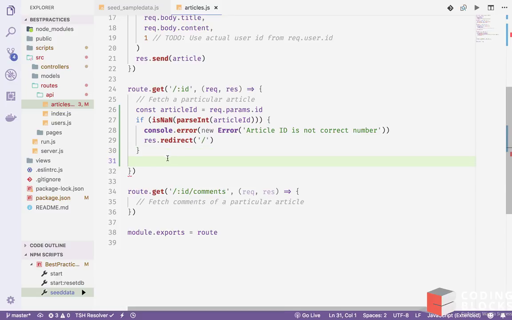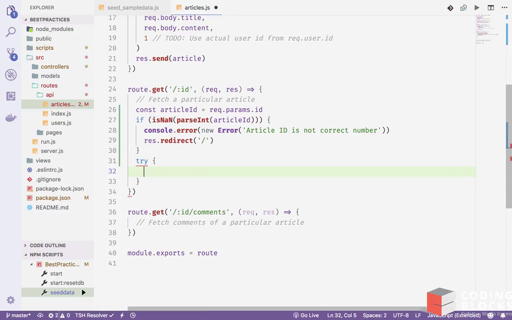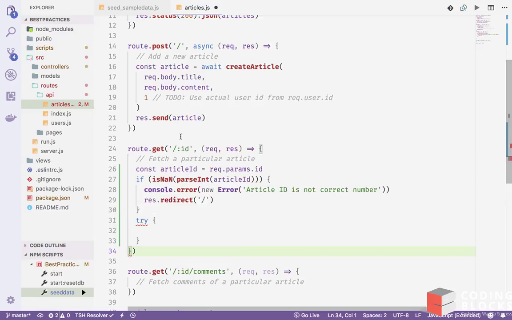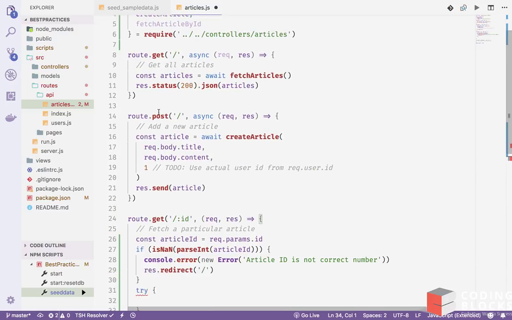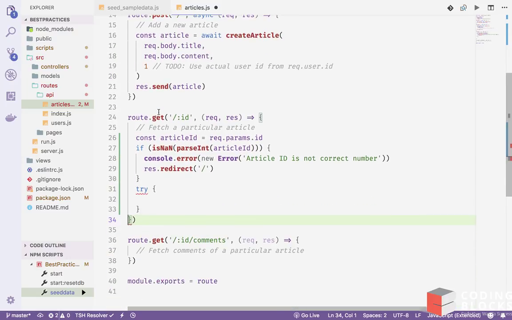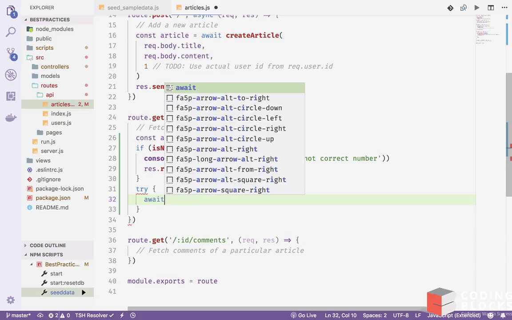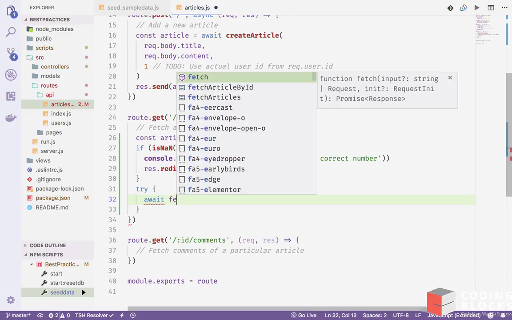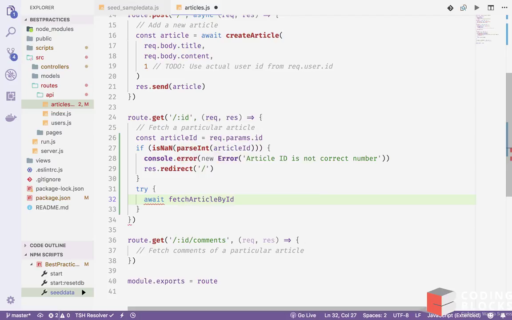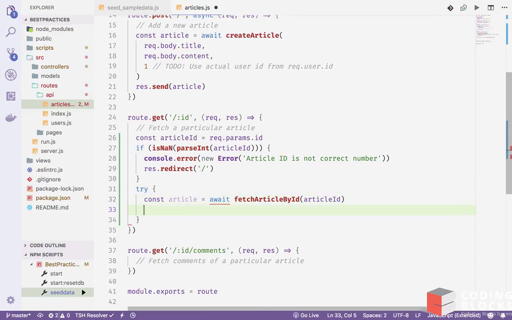So we're gonna do try, catch part would be similar. Await fetch article by ID, article ID. const article equal to fetch article by ID article ID, and then